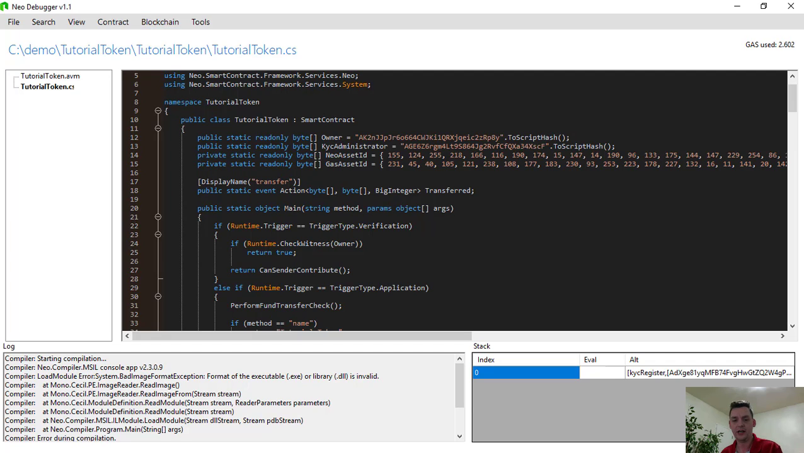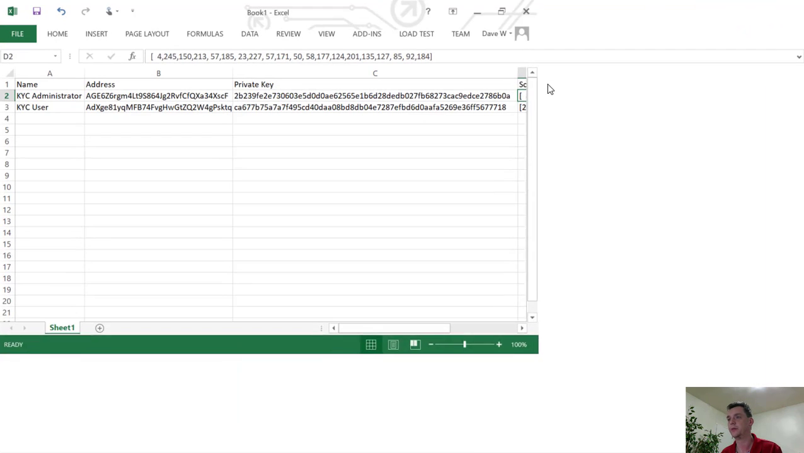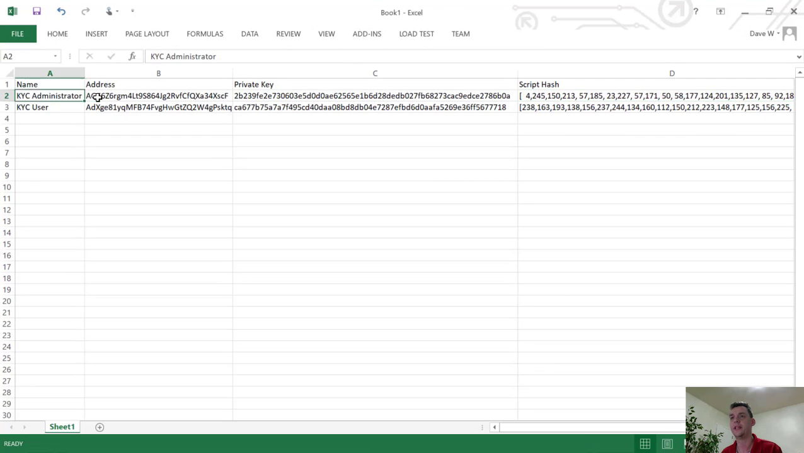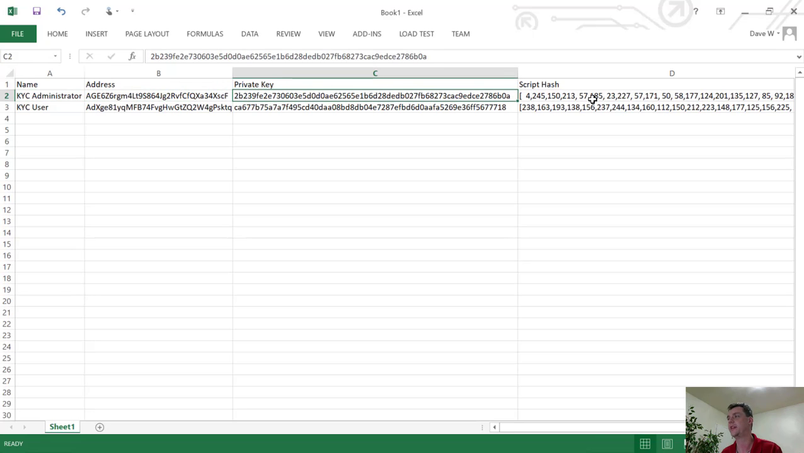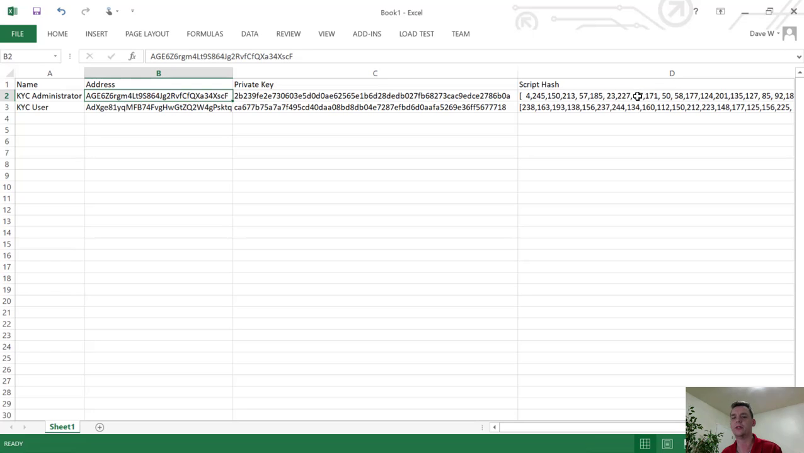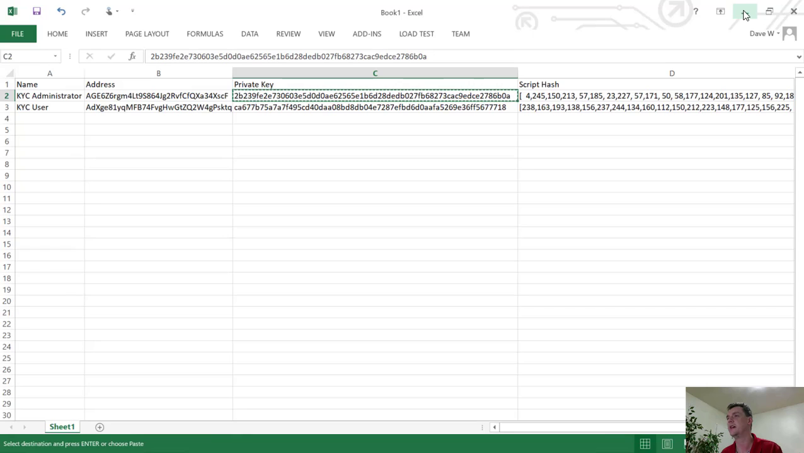So one of the things that I usually do is I have a little spreadsheet I build when I'm doing my testing here. So I've got my KYC administrator, the address, the private key, and its script hash here. Sometimes I've got that as hex encoded depending on the tool I'm using. For this example though,